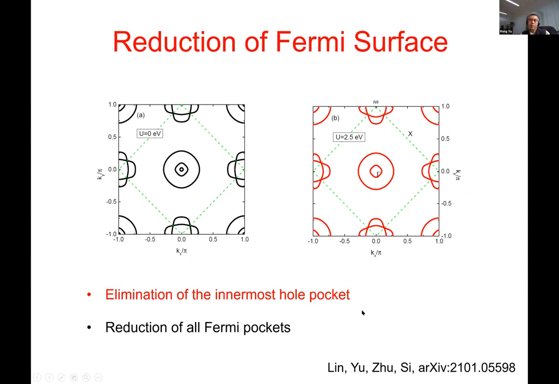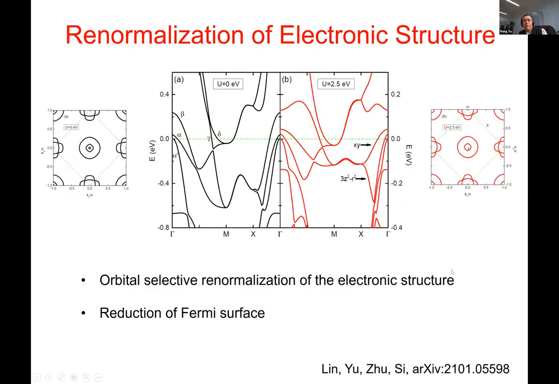And this is indeed shown in our calculation. And especially we find two features. One is that all the pockets, including both the hole pockets and the electron pocket, just shrink. And then most interestingly, for the innermost hole pocket, we find that it is fully eliminated if we apply a finite U, where there is a pretty strong orbital selectivity. Okay. And to see that the reconstruction of the Fermi surface is indeed associated with strong orbital selectivity,